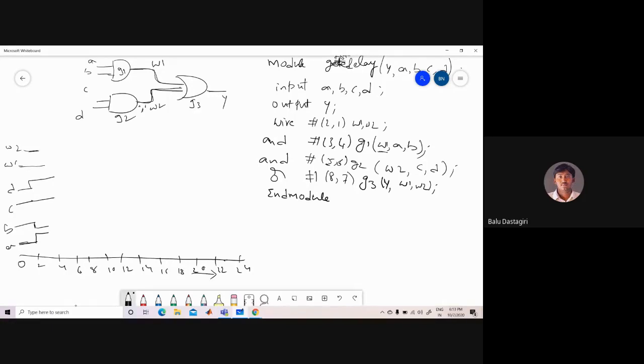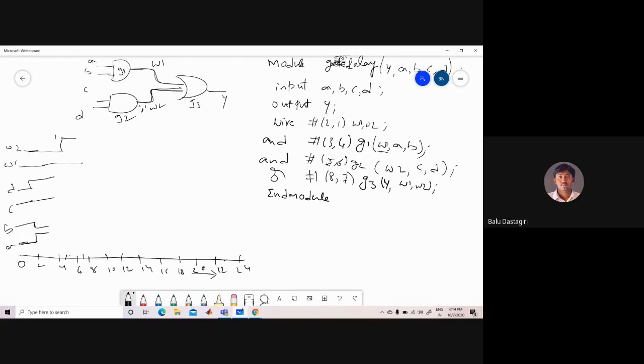The output changes at 5 time units, so at 5 time units W2 becomes 1, and W1 will remain the same.